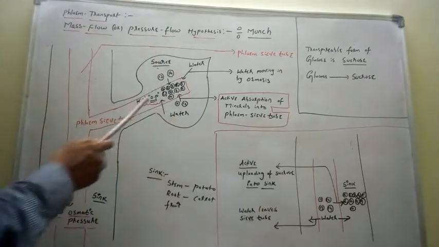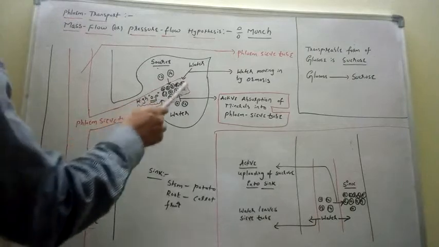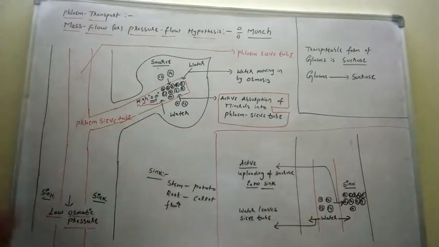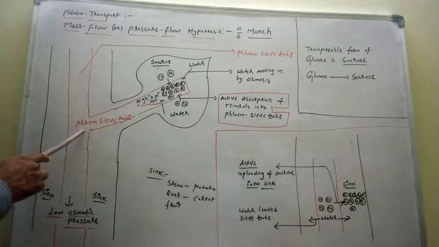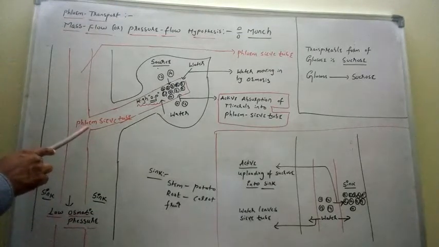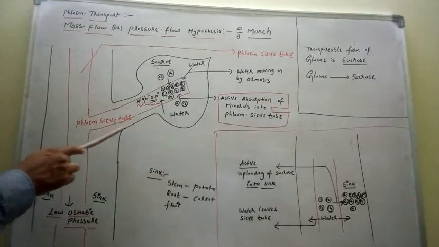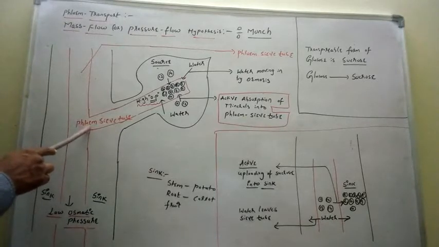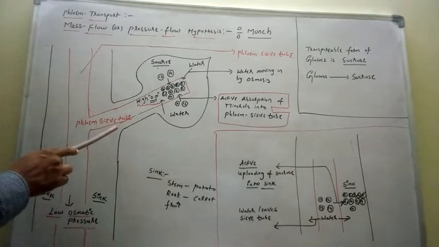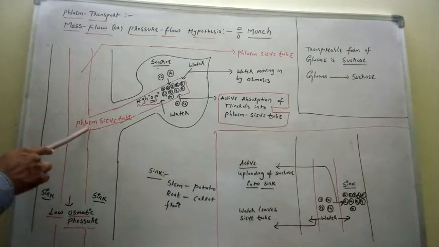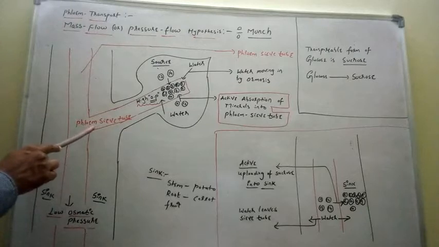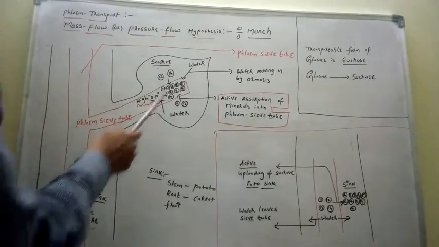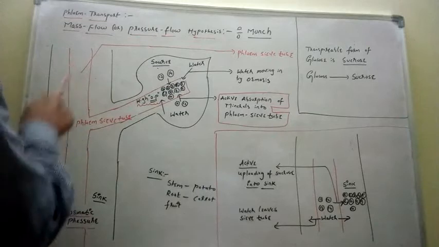Now this cylindrical structure appearing in red color is the sieve tube, the phloem. We know that the phloem contains food material. The individual cells of the phloem are the sieve tubes. The chief conducting elements of the phloem in angiosperms are the sieve tubes. Now this cylindrical red structure is the sieve tube.